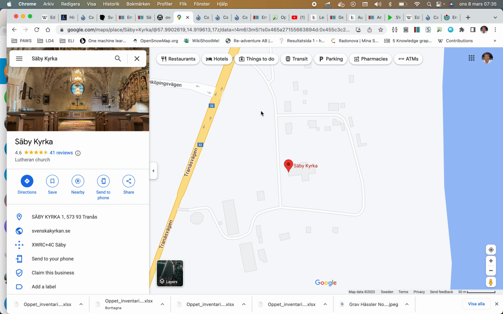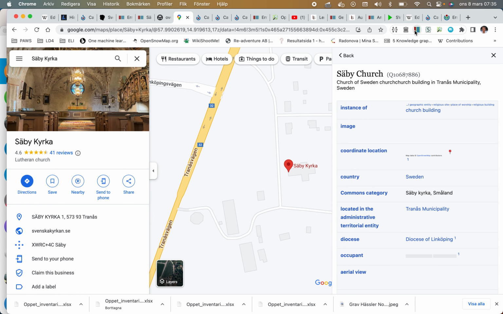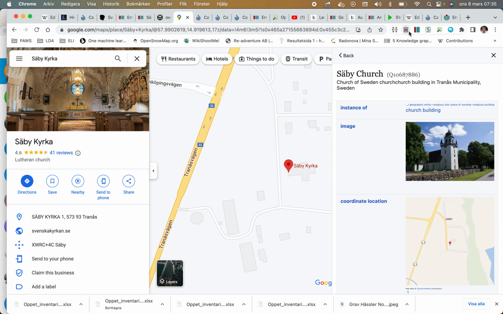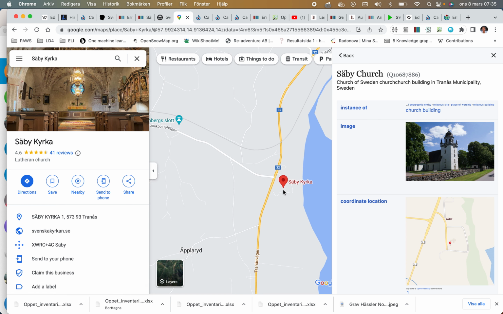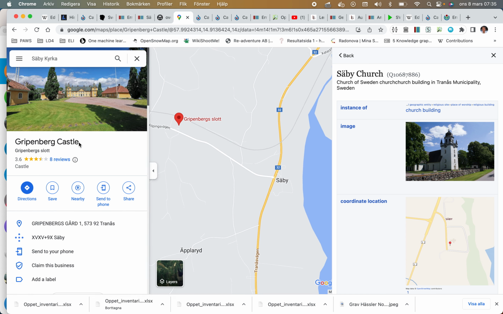The only way I found out how to get the ID number out, you can maybe look in the source code, but I have no good API and so on, is that we have a plugin here where when I click on it, it sees that I'm on the object Säby. It looks for the public identifier and does a lookup in Wikidata. And then you get it here. And if it's not there, it can ask, for example, for this object here, Gripenberg Castle, maybe that should be in Wikidata, a connection. And then if I do this again,